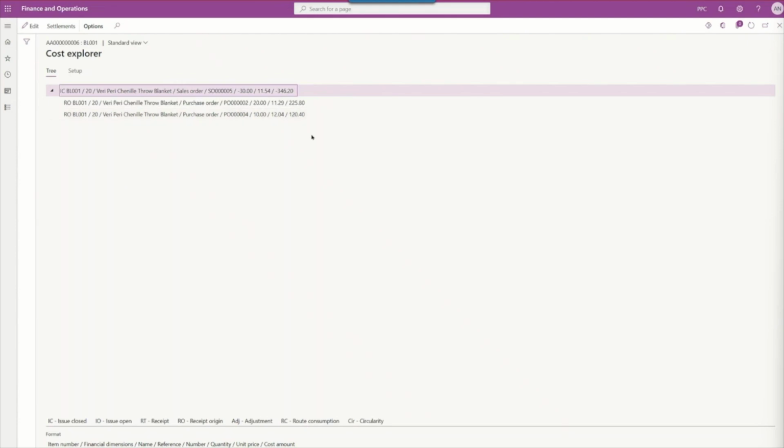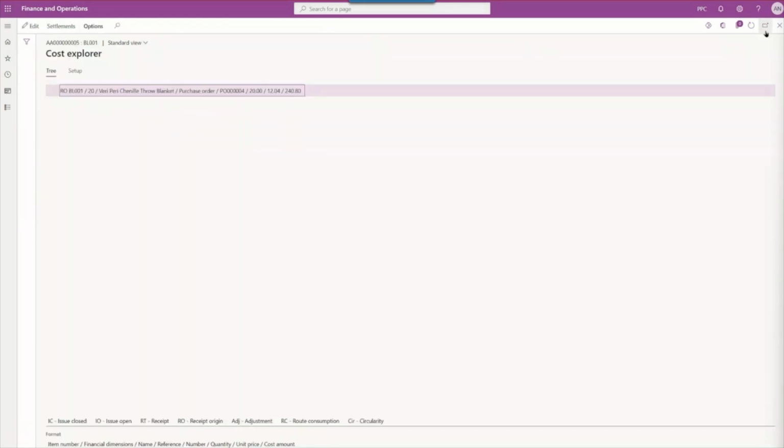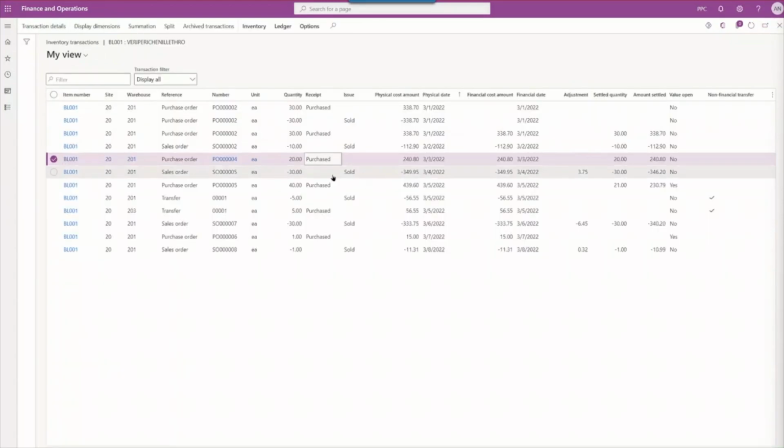It's important to note in this case, using the Cost Explorer, that we started from the issue transaction. If I were to pick a purchase transaction or a receipt transaction and click on the Cost Explorer again, what I would see in this case would be just the purchase order information, as we can see here. So we don't get that same level of detail. So it's important to know when we look at the Cost Explorer, we need to go from the issue transaction side. So now we can see here how transactions have been updated as a result of the close we performed,